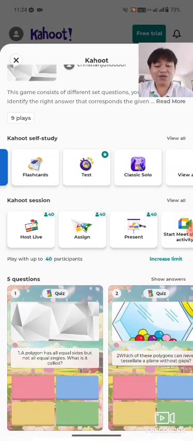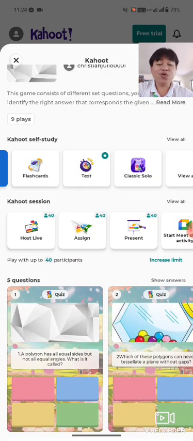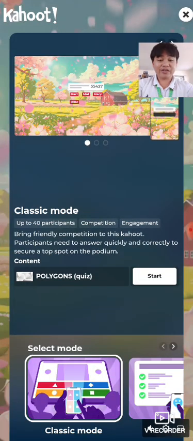And also in the Kahoot session part, you can post this game to host live and assign the date when they can play it. For example, by clicking host live, you can see what modes we can select in playing the game.